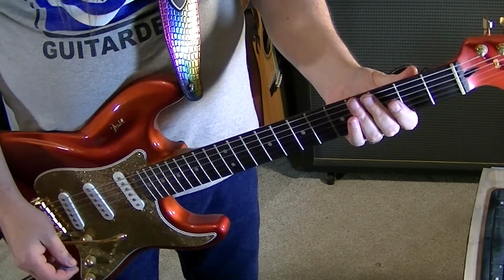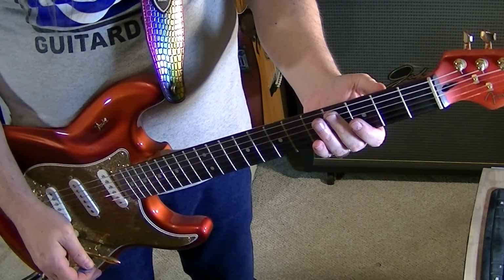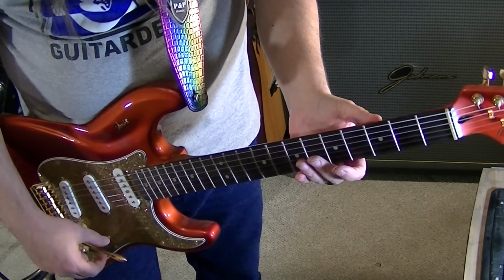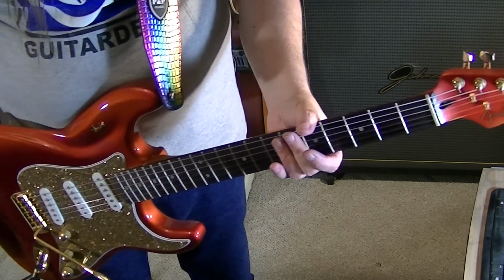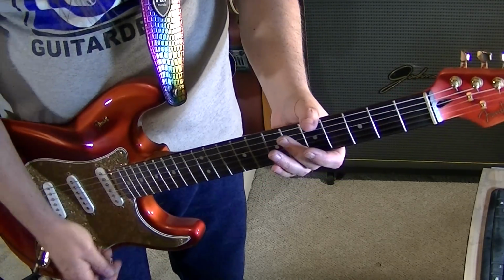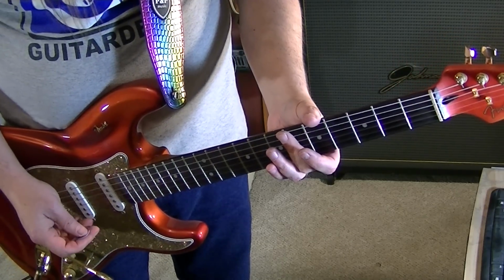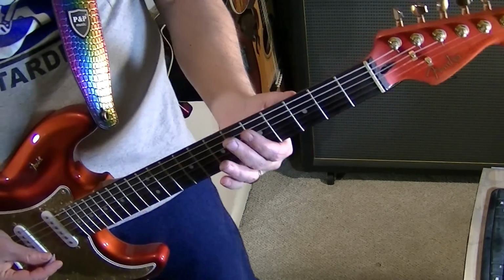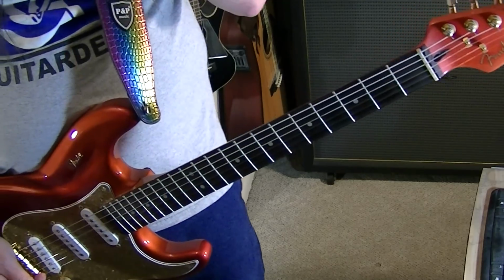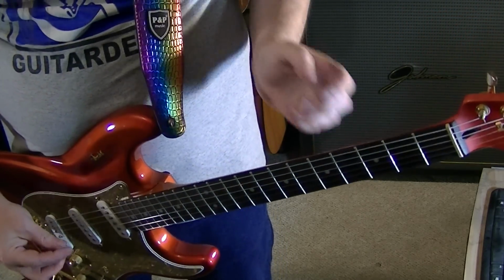Okay, so it's just very cool stuff that you can mess with, and it is rock and roll history, it is country history, it is guitar history. So that's just why I wanted to bring it up. So many things you can do with it, again, with the whammy or whatever you want to do, but just to have this again in your book. Now if you're going to be doing these in different keys other than the open ones,